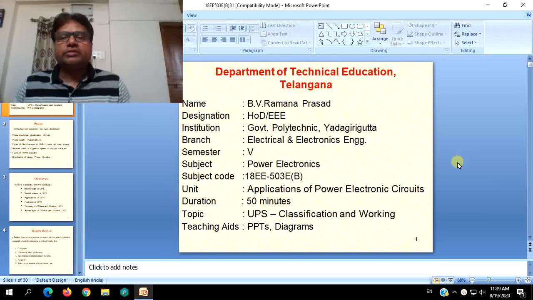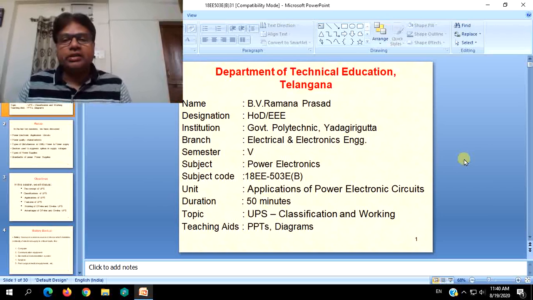In the last two sessions we have discussed the main concepts of power quality characteristics, the problems faced in maintaining the quality of power, and then the remedies to eliminate the problems or noise or disturbances which may occur inside the supply system. And eventually we were introduced to the concept of power supplies which are used in between a given critical load and the actual utility supply source from the company.